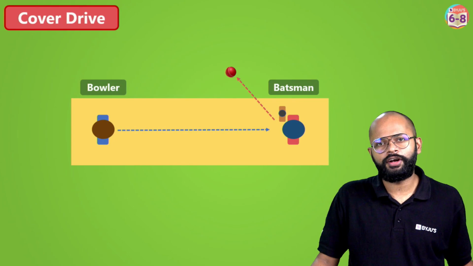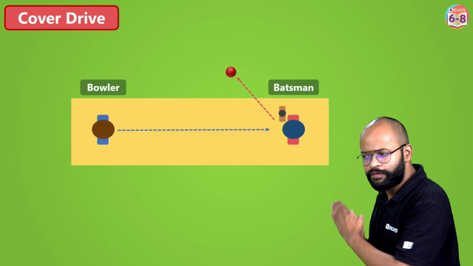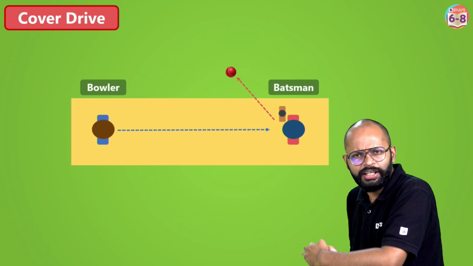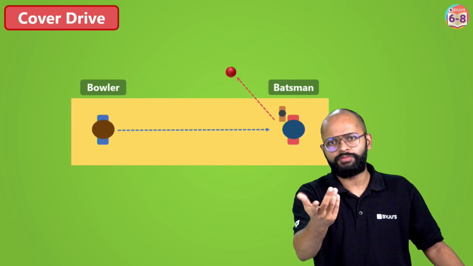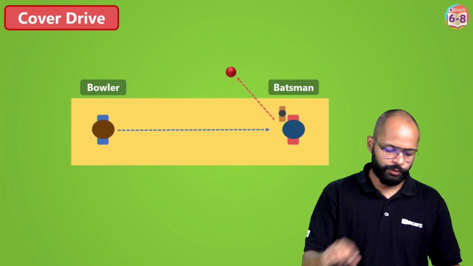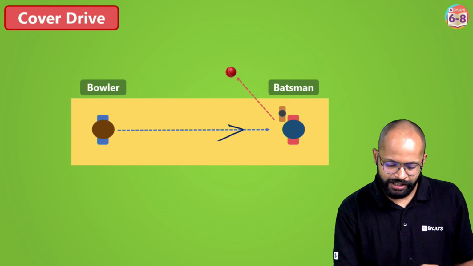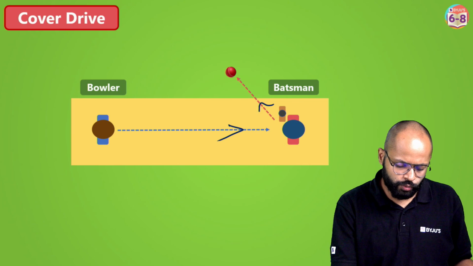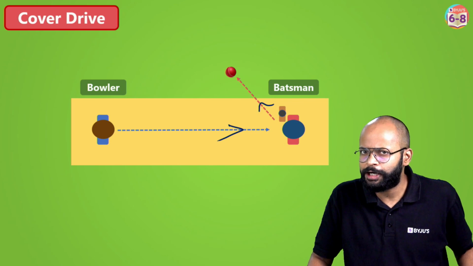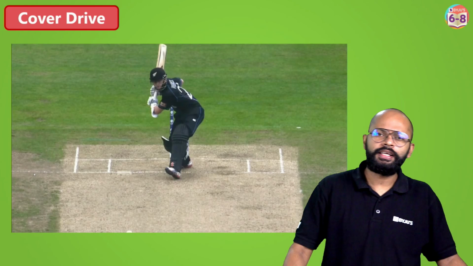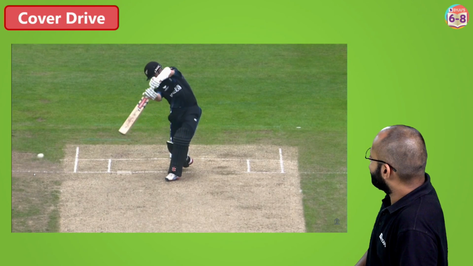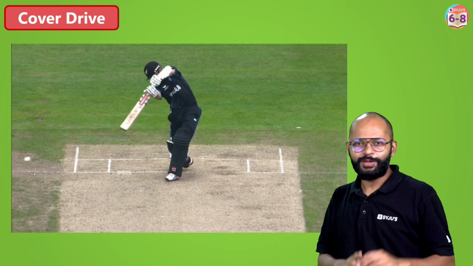So what happens in a cover drive? The ball comes and you give it nice towards the covers. You give a nice drive and the ball goes towards the cover. That's what we call a cover drive, right? So let me show it to you. The ball comes towards the batsman and the batsman does this and the ball goes towards the cover. That's what we call a cover drive, right? Fine. Let us see how it looks. Watch. Nice, right? So this is a cover drive.